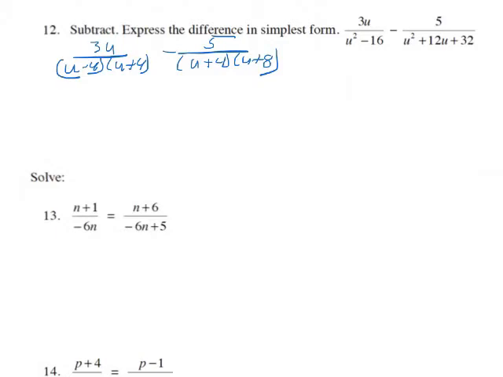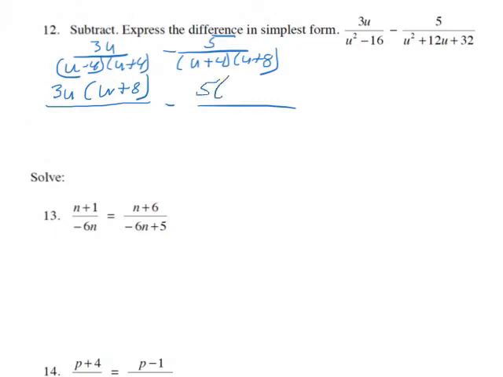I'm going to show a little bit of a shortcut that you could possibly use. If you don't quite follow me, use the same process that I used in question number 11. But most of you in class have realized that if you compare each of these, notice you're missing a u plus 8. So you just take that 3u and you put a u plus 8 right there. Now, looking here, notice what you're missing from two of these. Well, you're missing a u minus 4. So when you write this down, you're going to go 5 times, I'm sorry, not plus, but